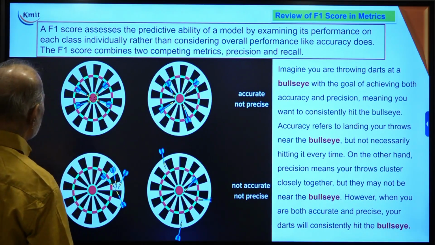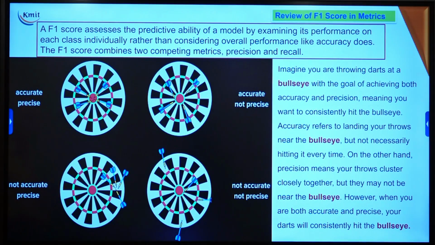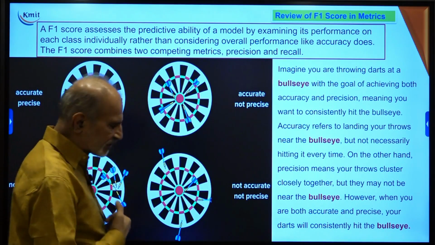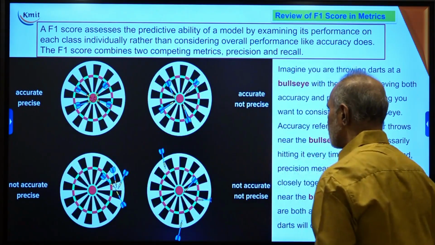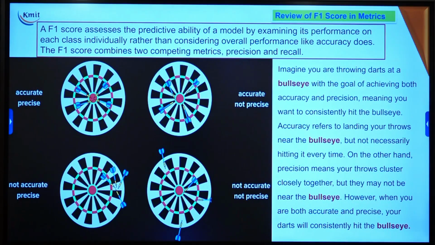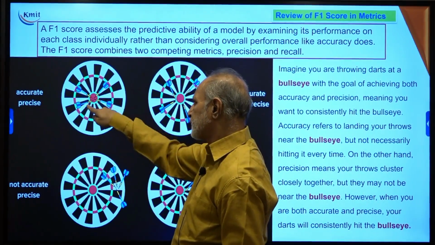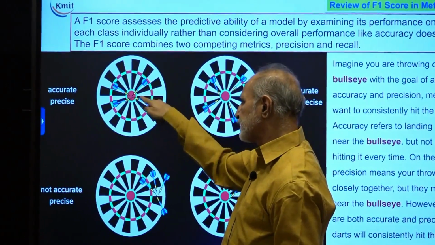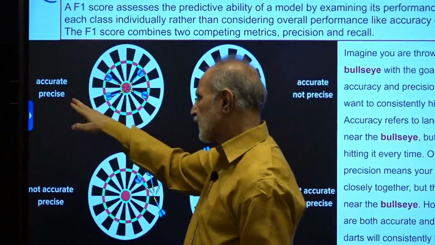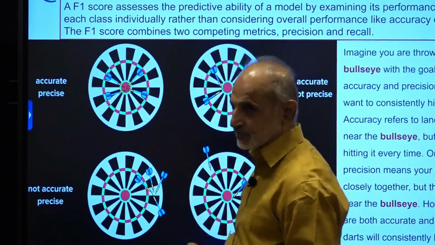An F1 score assesses the predictive ability of a model by examining its performance on each class individually rather than considering the overall performance. The F1 score combines two competing metrics. Number 1 is precision, number 2 is recall. What is meant by precision and what is meant by recall? Now, look at the dart board. If my target is shown by the red and all my darts are